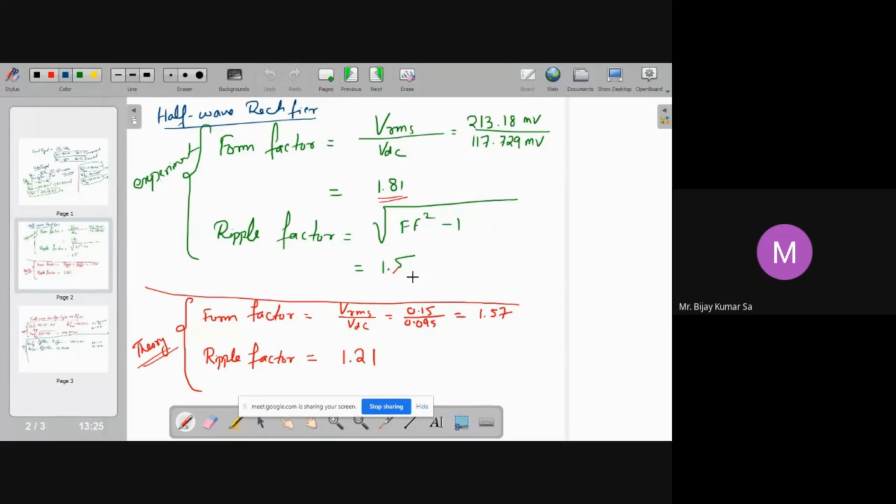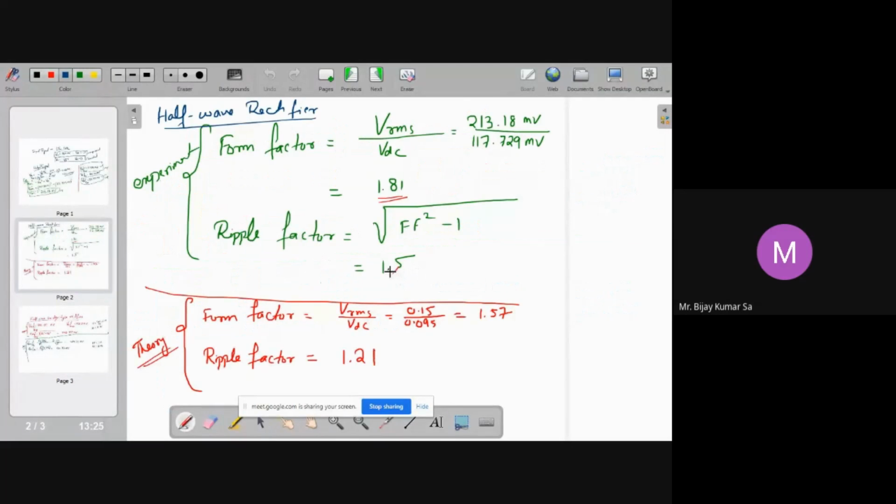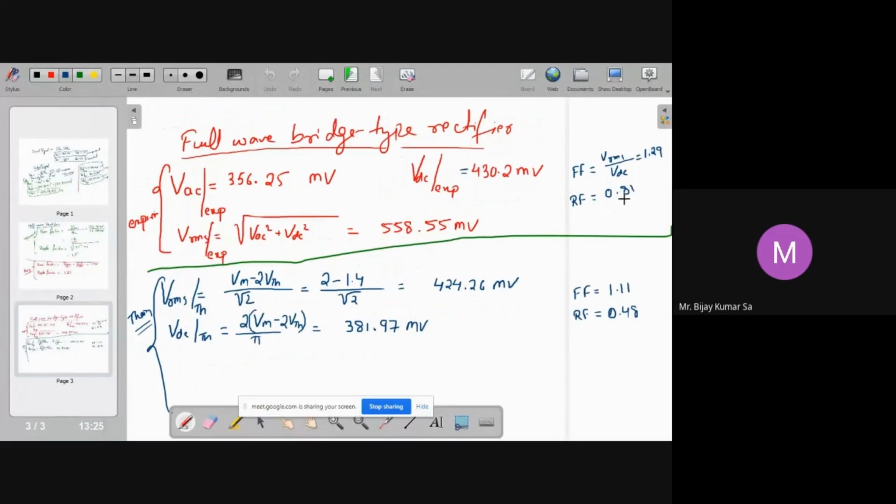Has it reduced in the case of full wave rectifier? Let us check. 1.5 से घटा क्या? Yes, ripple factor has gone down to 0.81. जो यहाँ पर 1.5 था, यहाँ पर 0.81 हो गया है रिपल फैक्टर. So ripple factor has also gone down by a remarkable amount. So by looking into the ripple factor also, we can say that full wave rectifier is a better rectifier than the half wave rectifier